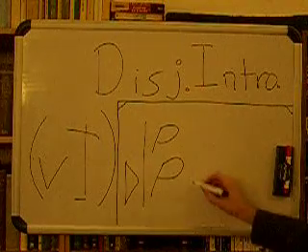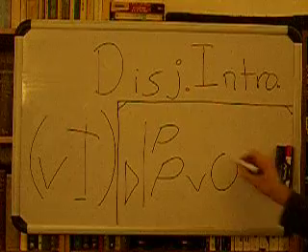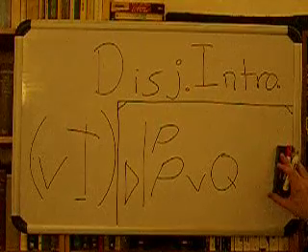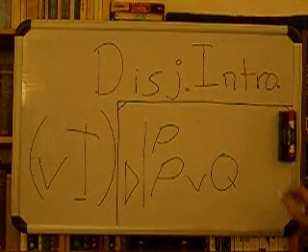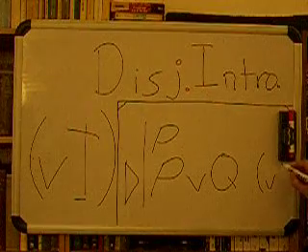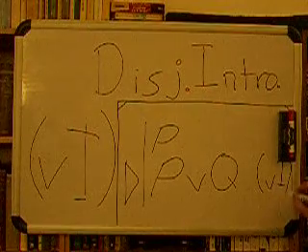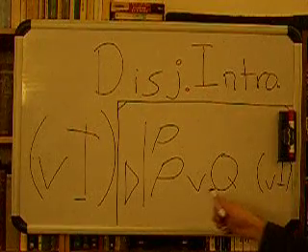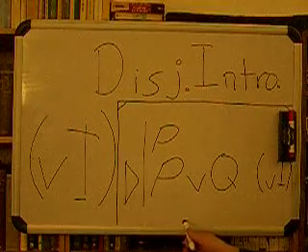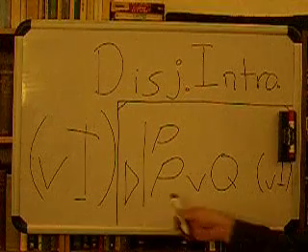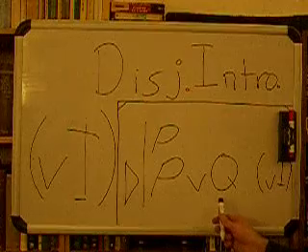and our rule allows us to do this. P or Q occurs. And now here to the side we would say disjunction introduction. Now this is a little confusing sometimes to some people, because they say, where did you get Q from? And the answer is